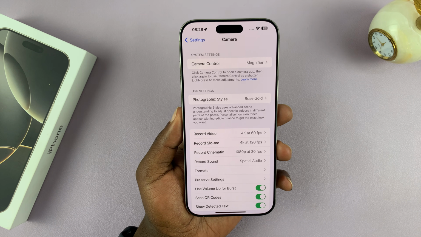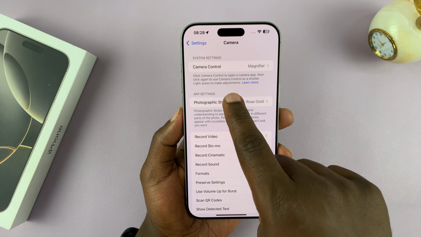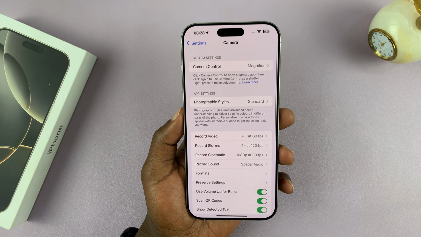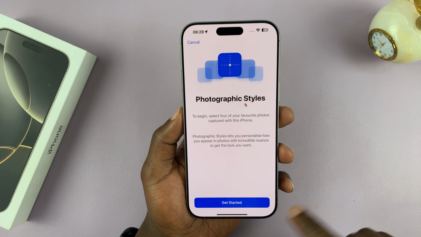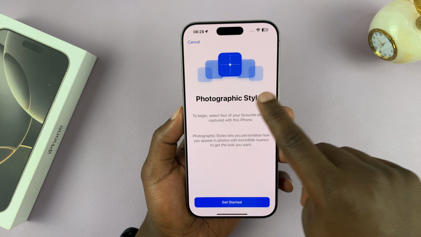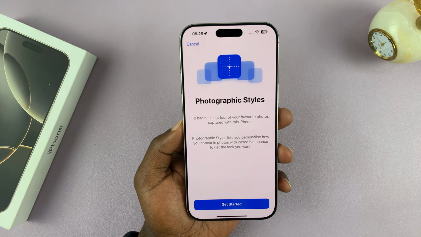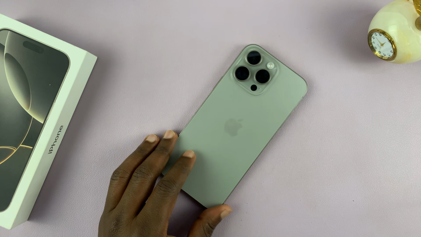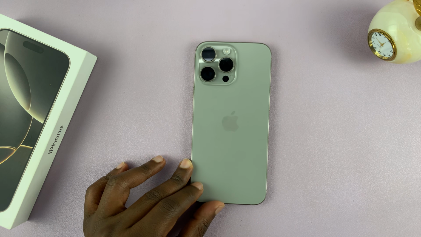Now if you want to change the default photographic style, you can always come back to this page, tap on that, and then tap on reset to standard. That goes back to the standard photographic style, and then you can tap on get started and set up a brand new photographic style. So that is basically how to set up and use photographic styles on your iPhone 16